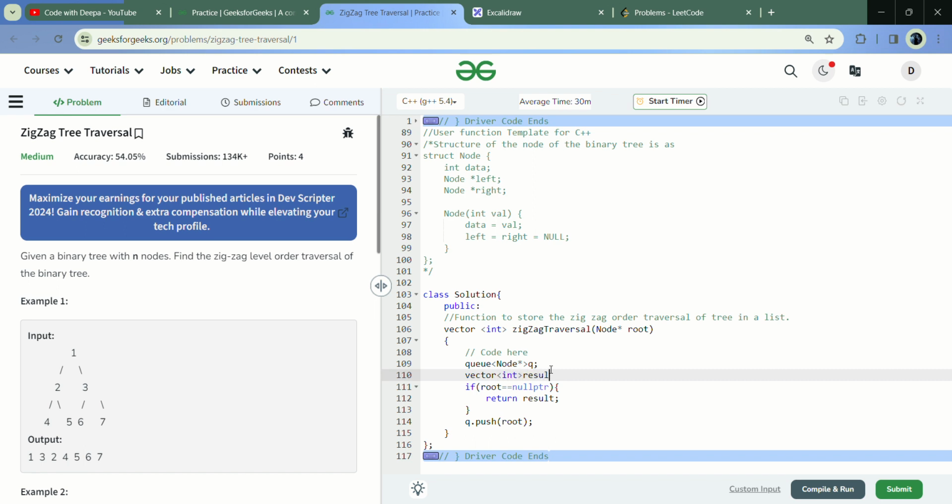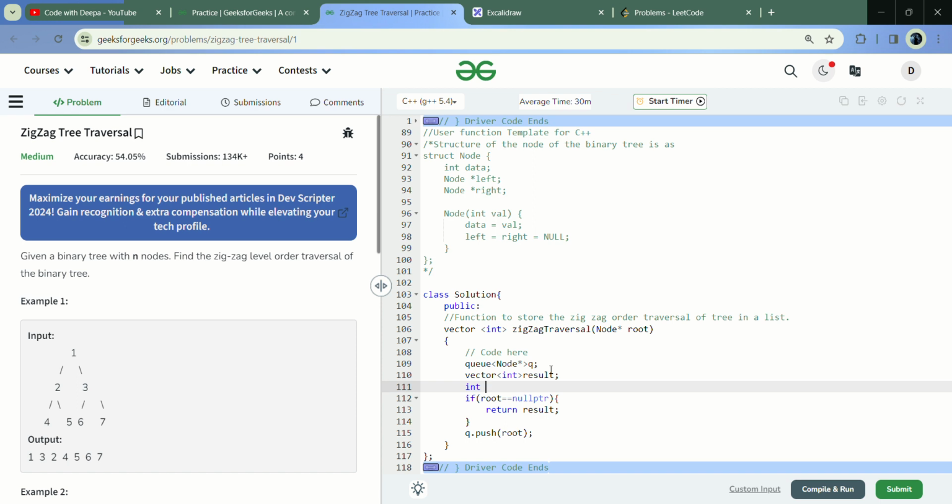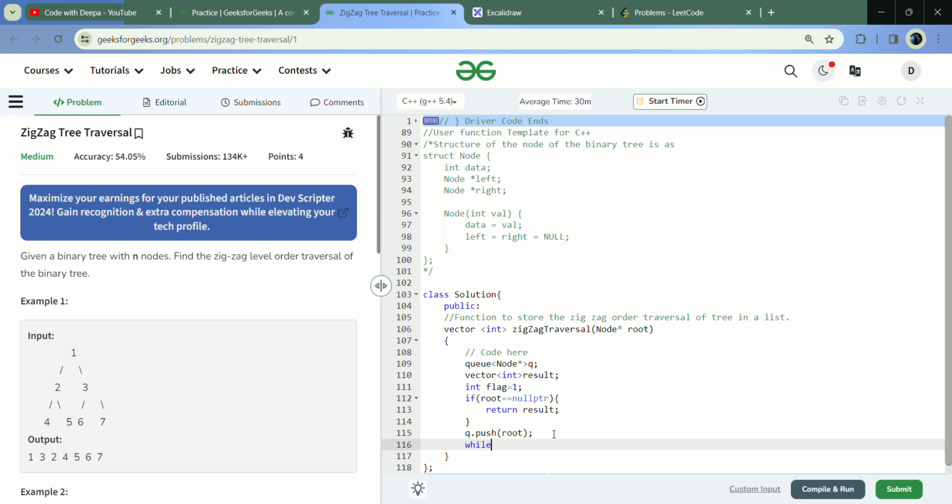Vector int result and int flag, a variable to check whether the level is odd or even. Flag equals 1. Simply we will do this, and now I will inside my while loop check while